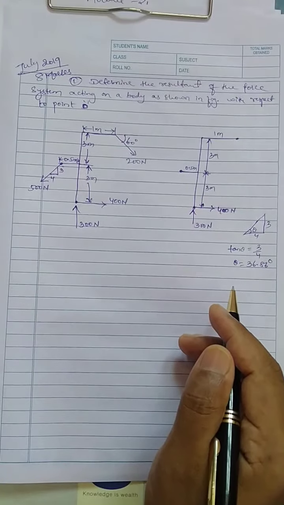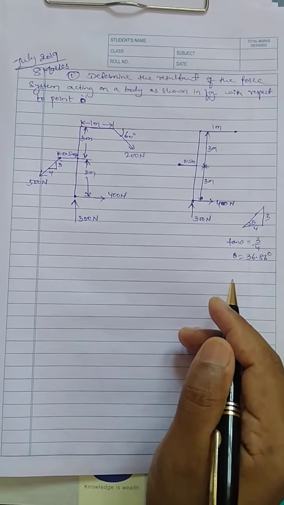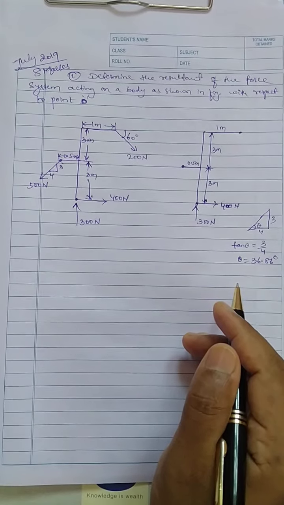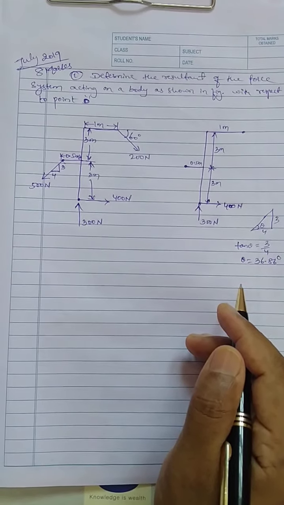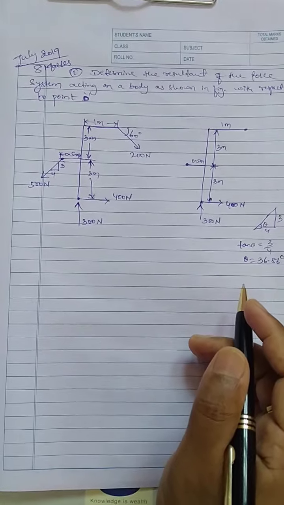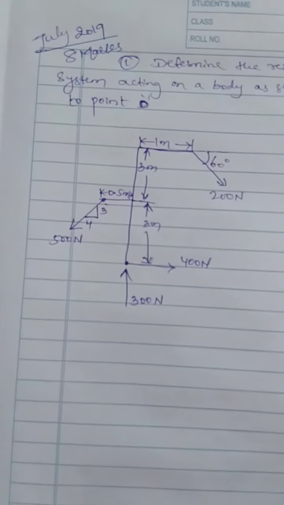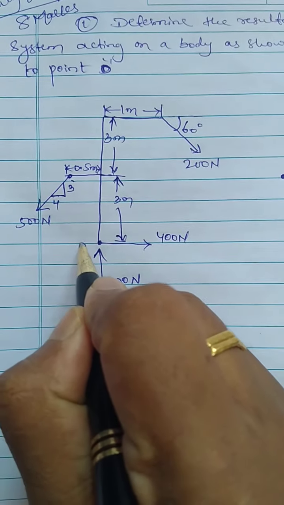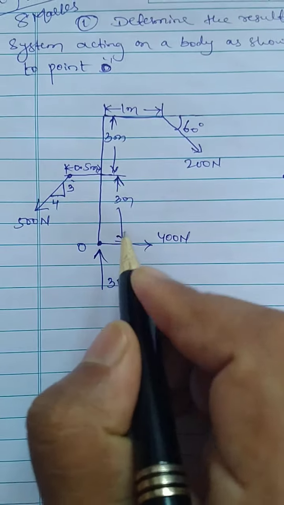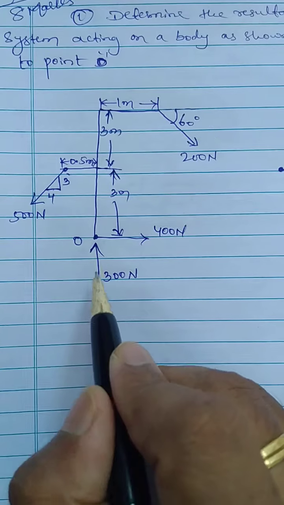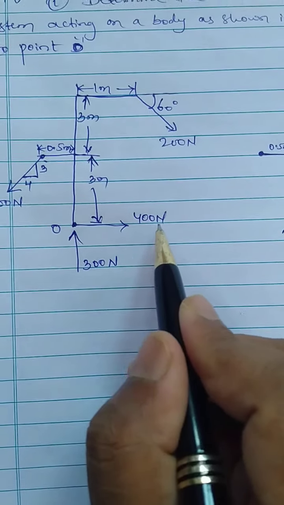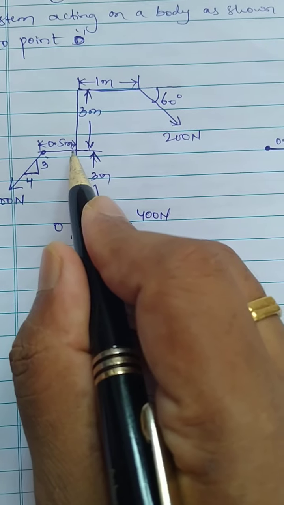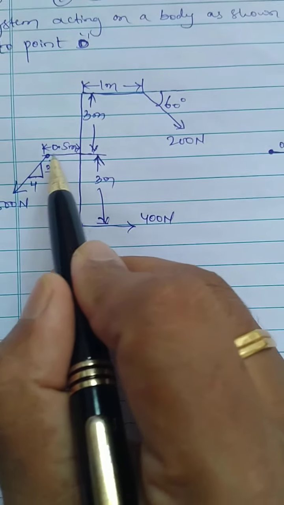All the time they used to give the point about which we are supposed to locate the resultant. Here they have again stated that we need to locate the resultant with respect to point O. So the figure given here is something like this. This is our point O, and here we have a vertical force of 300 and a right side acting force of 400 Newton. At a distance from O vertically up 3 meter, towards left 0.5 meter,